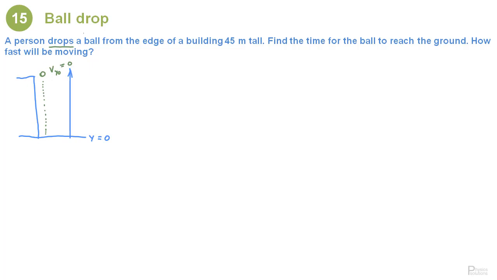Alright, so this is the idea of dropping a ball. We know how tall this building is. This corresponds to the point H. This is 45 meters. And we need to find the time that it takes to hit the ground. Since time is involved, we go to our equation that tells us about the location of the ball in the y-axis. So the height is the initial height plus the initial velocity in the y direction times t minus 1/2 g t squared. The initial height is precisely the height of the building, so let's call this h, plus the